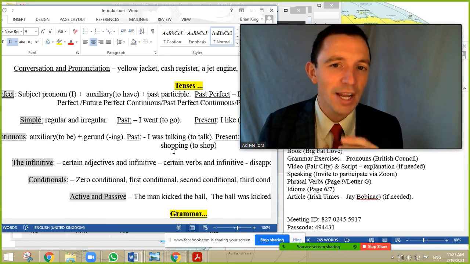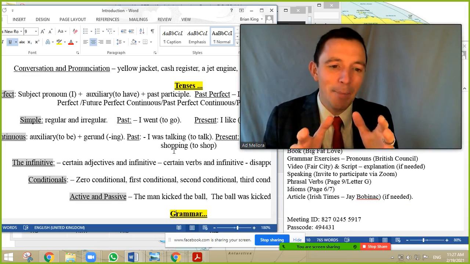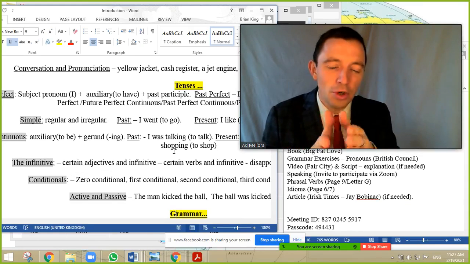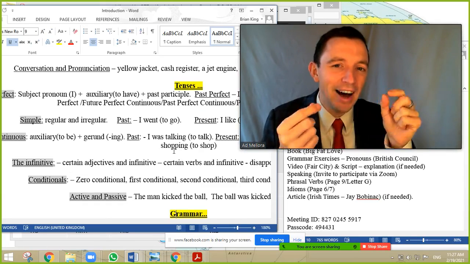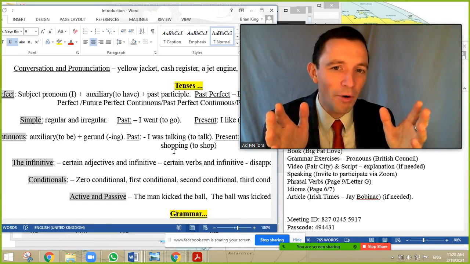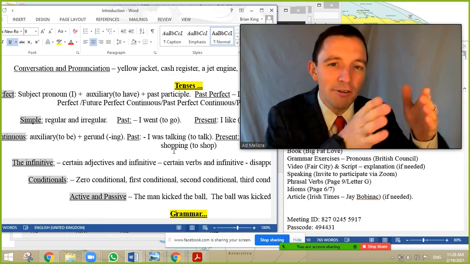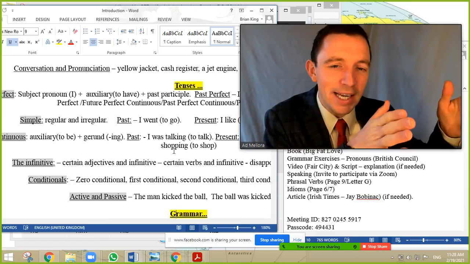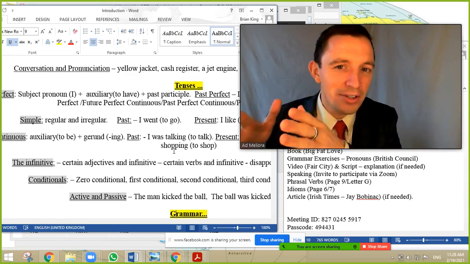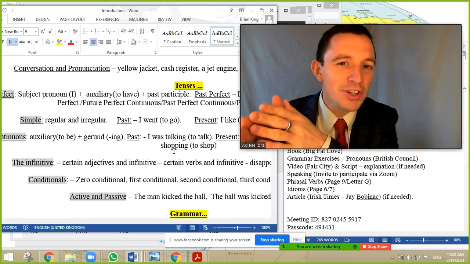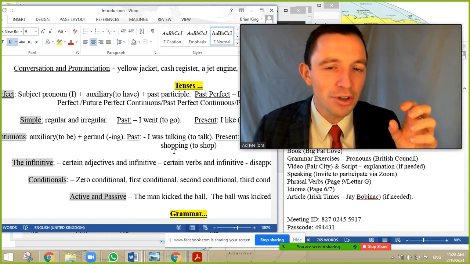Okay, the continuous, we have a time in English that the action is happening, the present continuous. The structure is subject, the verb to be, and the ing form of the verb. Okay, so I am eating, present continuous. Future continuous, I will be eating, and the past continuous, I was eating. So that's the concept of the continuous, one action you're doing continuously in a period. And I think in other languages you have the same structure.